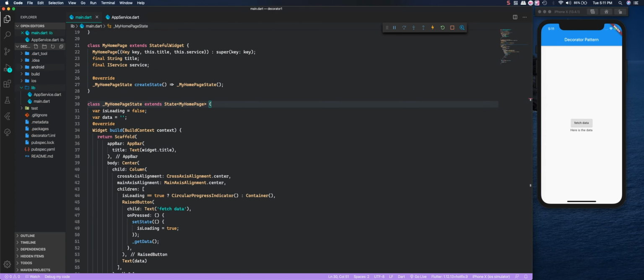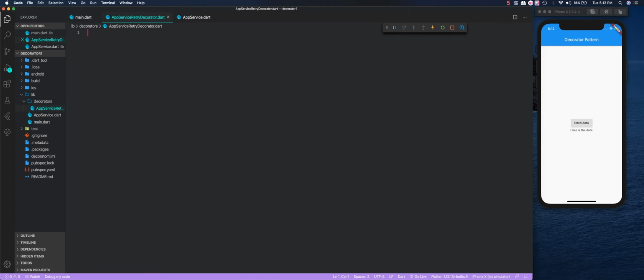So I'll create a folder and I'll call it Decorators. And inside that folder, I'm going to create my app service retry decorator. And for my app service retry decorator, since it will be decorating my app service,